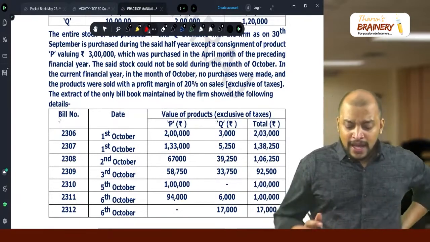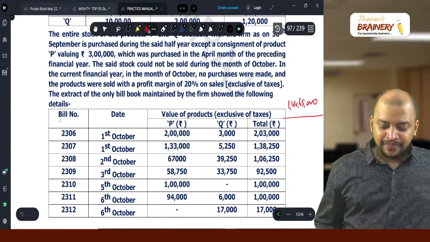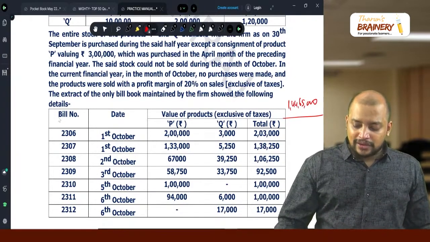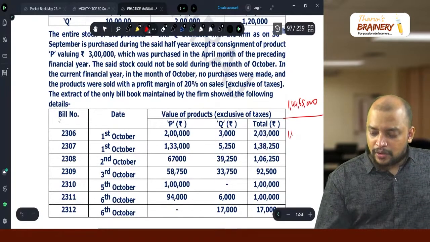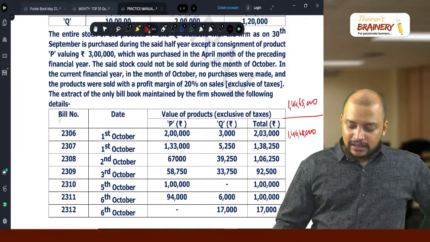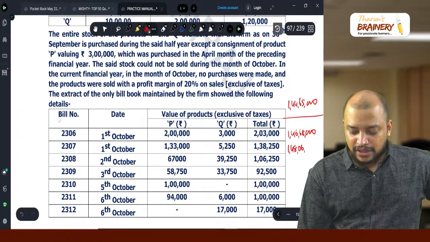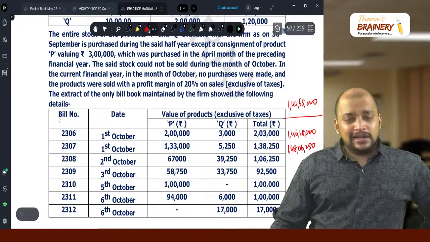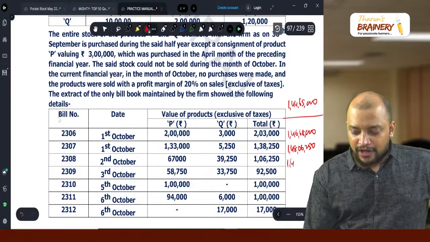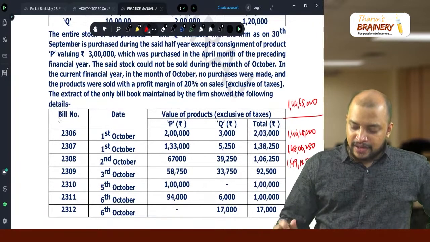Now, as on 30th September, 1 crore 44 lakh 65,000 is their turnover. To this 1 crore 44 lakh 65,000, if you add 2 lakh 3,000, that will be 1 crore 46 lakh 68,000. And then add 1,38,250. That is 1,48,06,250. Then again, it did not cross. So add 1,06,250. So 1,49,12,500. Then add 92,500. So